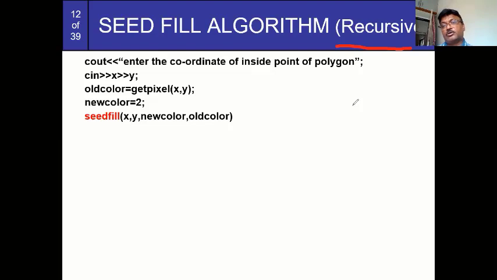Turn your mic on. I am asking something of you. What is recursion and what is non-recursion? Rajalakshmi. Sankalp, can you tell me what is recursion?